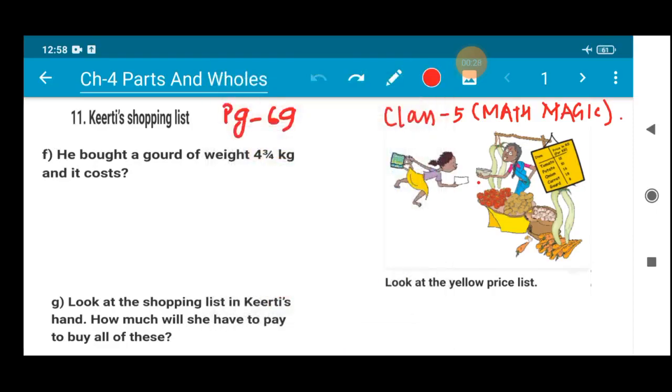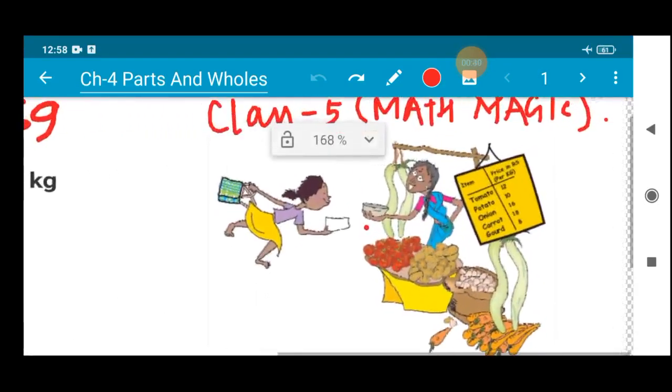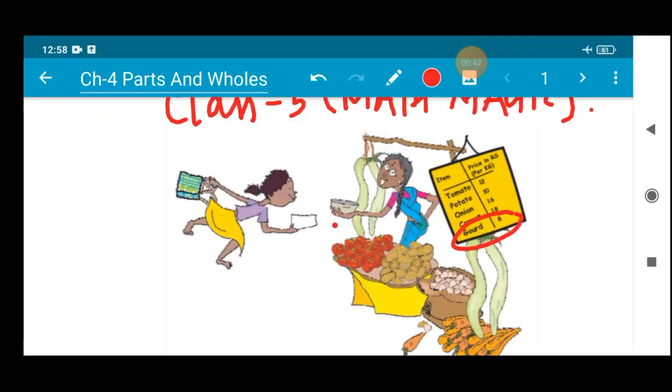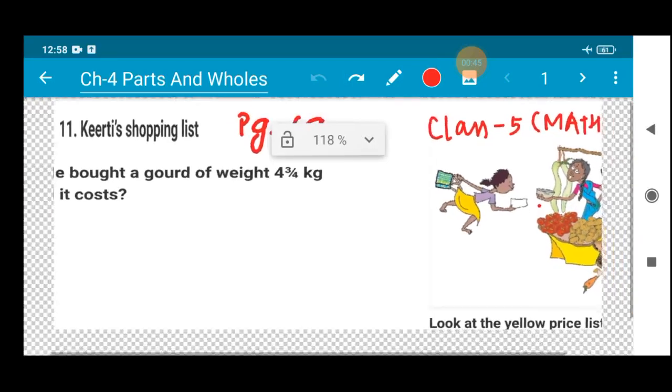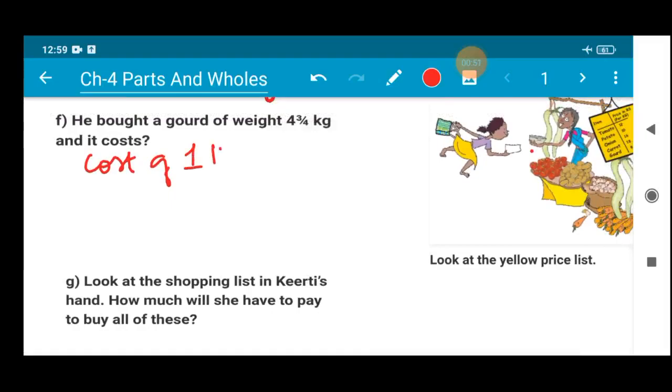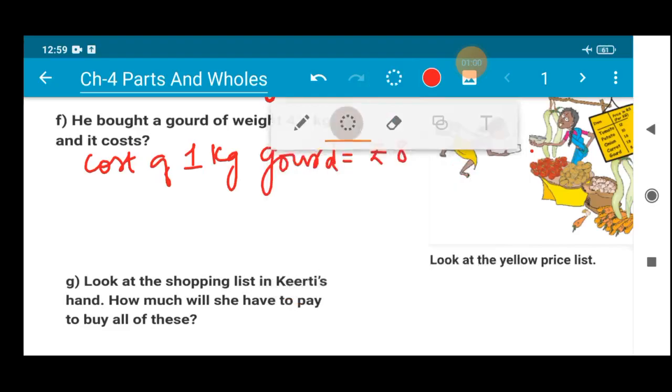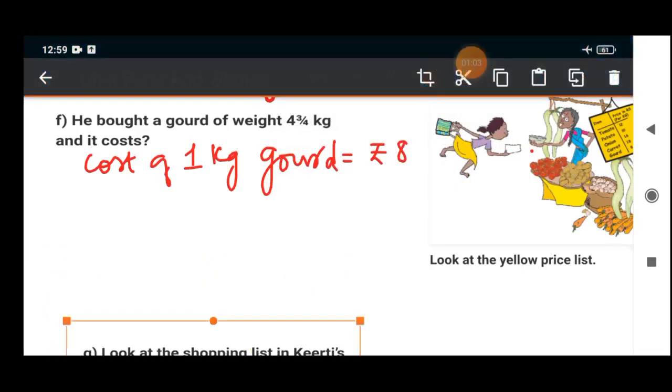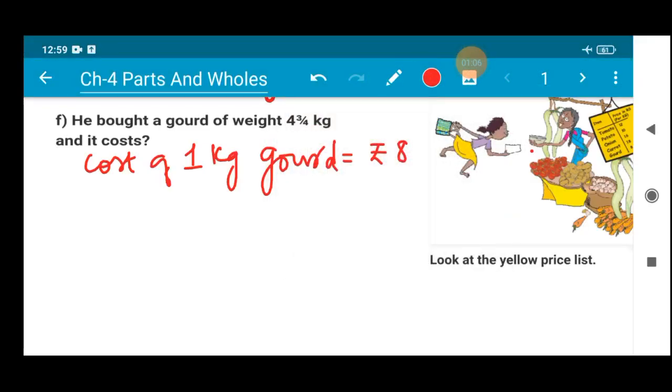he bought a gourd of weight 4 whole 3 by 4 kg, and you have to find the cost of 4 whole 3 by 4 kg of gourd. So let us first of all find out what is the cost of 1 kg gourd. It is 8 rupees, right? So we can write cost of 1 kg gourd is equal to rupees 8. If the cost of 1 kg gourd is rupees 8, then